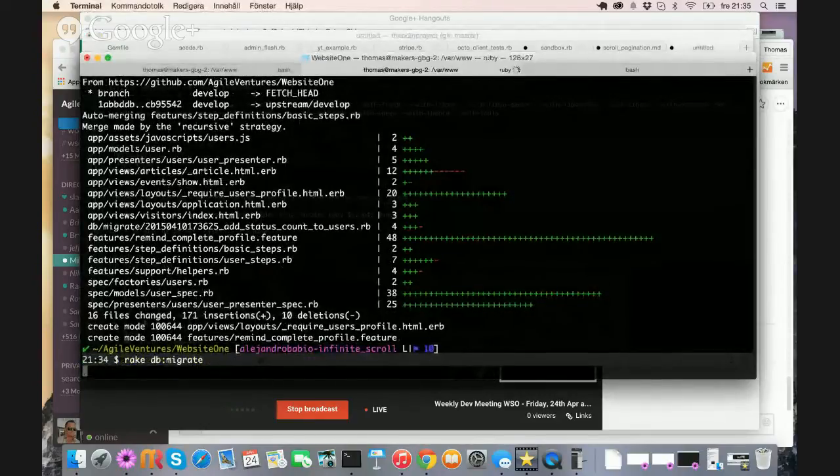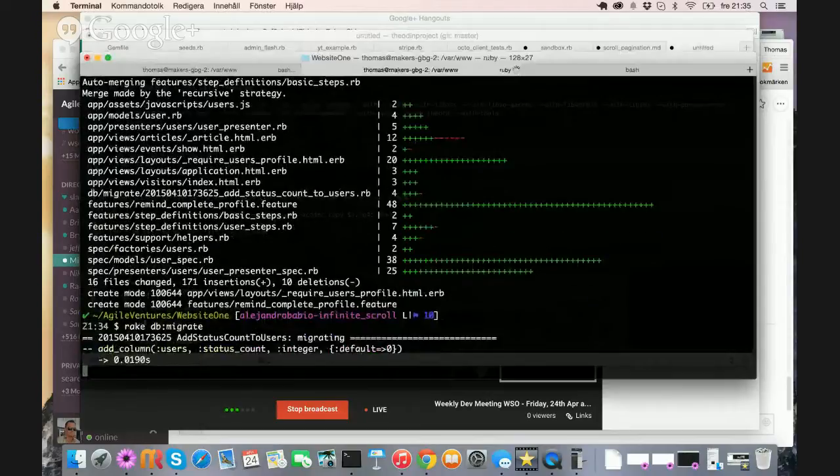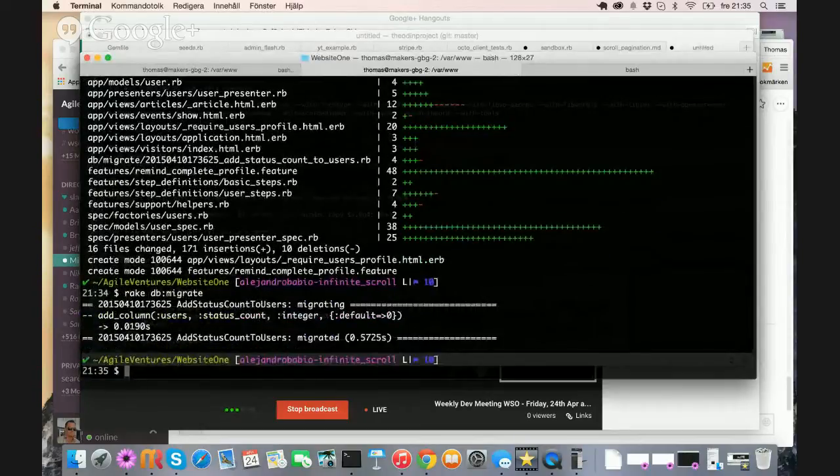You should do git pull upstream develop, because that update you did to the migration is not on that particular branch, but it's not a big thing.